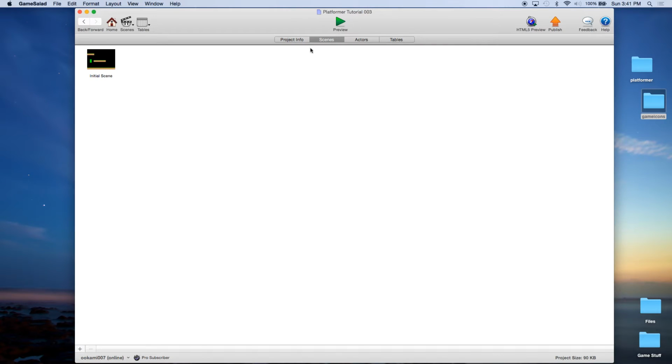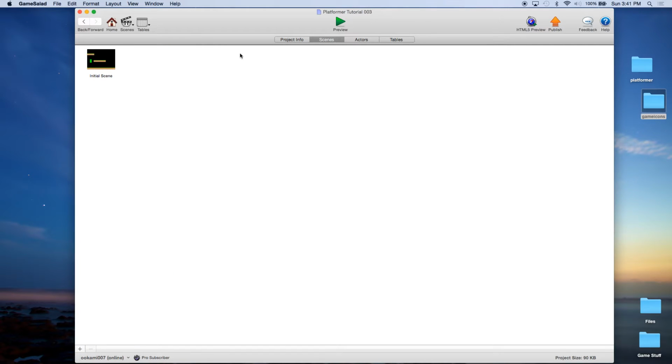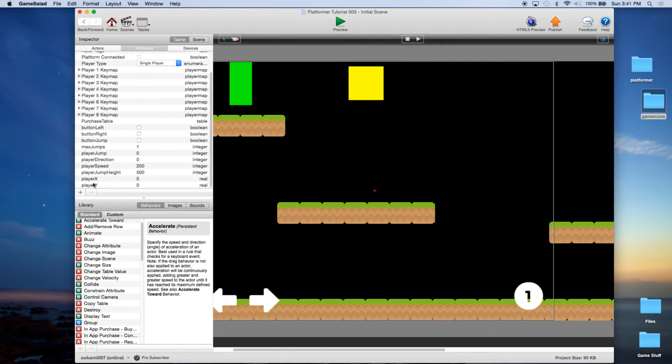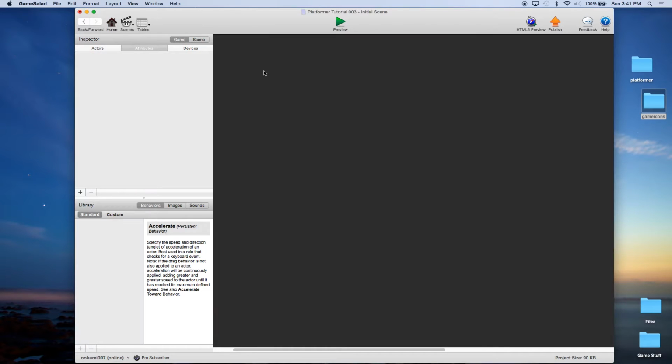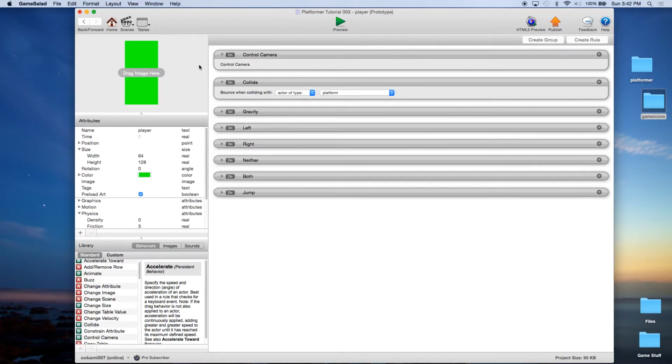First thing we're going to do is go home. We're going to go to Actors. Now right now, if you go to Scenes and Game and Attributes, you should have created this player X and player Y. And that's going to keep track of the player X and player Y coordinates. But to do that, we need to come into Actors, we need to come into Player, and we need to